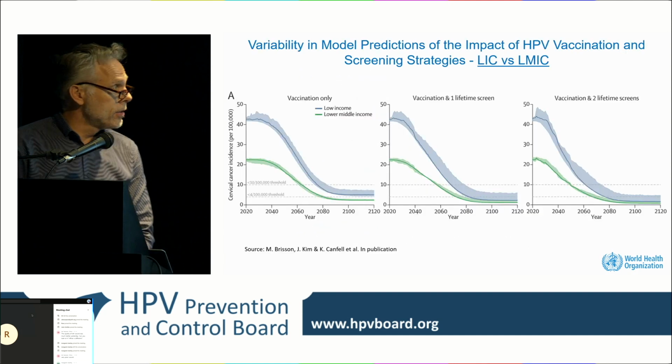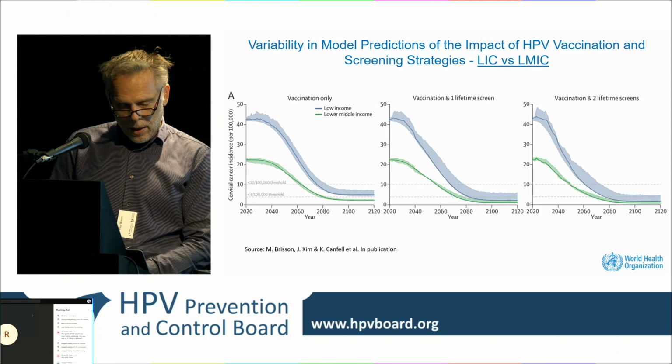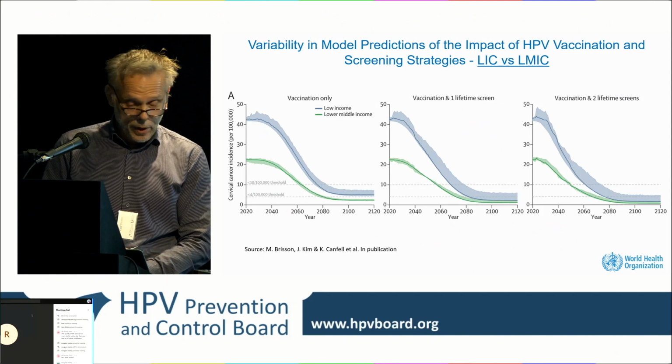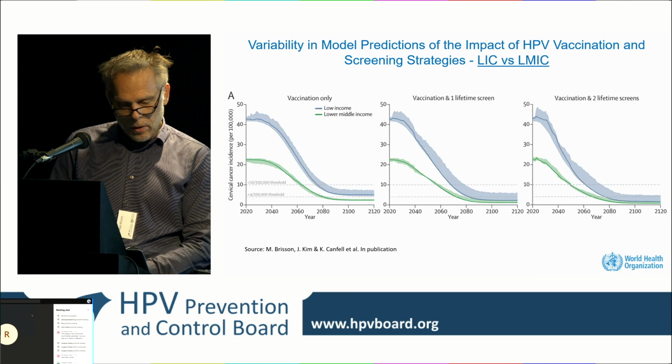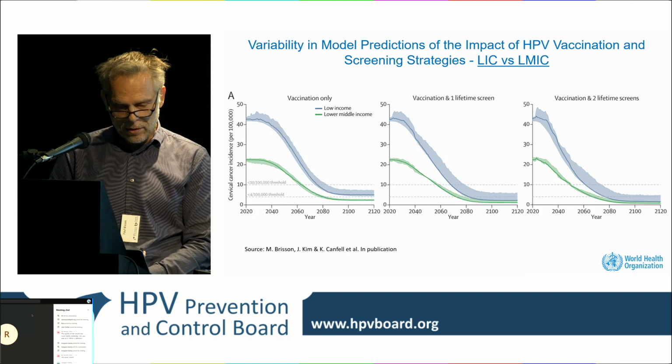Here you can see in these screens we did the analysis for the low-income countries, the group in blue that have, on average, a very high incidence of over 40, and the lower middle-income countries, which are already a bit lower, around 20 plus at the start, and to see how this would behave over the coming years. And coming years is basically a century. So you see the blue line, with the variation of the different models also around these lines.